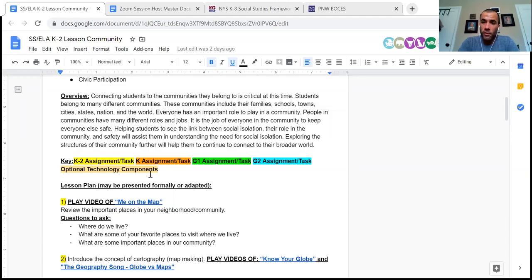And just a quick aside, if you do have colleagues in the 3-5 grade level band, we are working on that lesson plan. It's going to be focused on human rights and government, and that should come out next week. We'll then probably the next week after that release a 6 through 8 lesson or mini unit, as we're calling them. And then the week after that, we would go back to the K-2 band. So I'm thinking that we're going to try to get these out every 3 weeks or so in order to, you know, assist you in these challenging times.